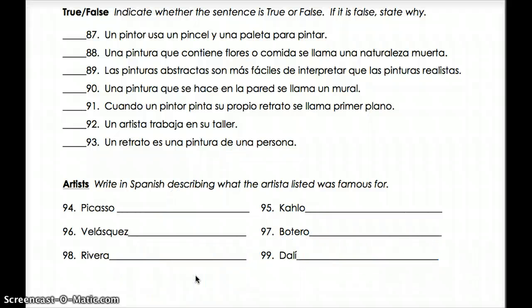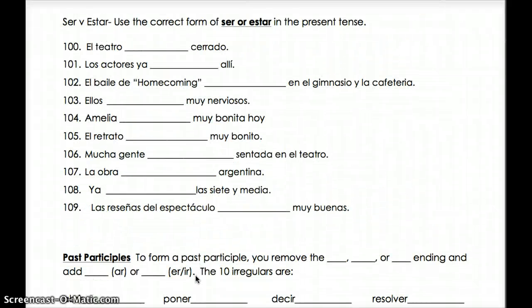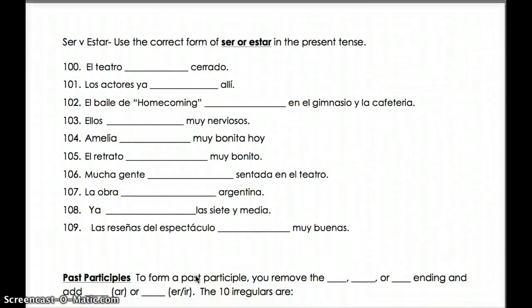Now let's go ahead and move on to the last two sections. Okay, let's see if we can get this done. I'll have to make a fourth video. Okay, so I've got